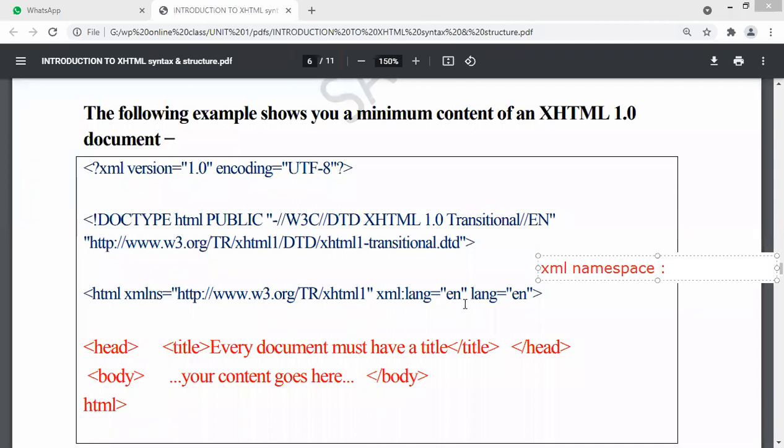This is needed to check whether all the tags and all the attributes that you are using in your document, in your file, are correct or not, right? If you are writing XHTML, compulsorily this header is required. If you are writing XHTML code, compulsorily you have to write the XML namespace. Okay, so from where is this namespace taken? This namespace we take from http://www.w3.org.